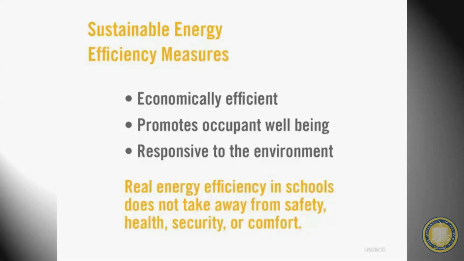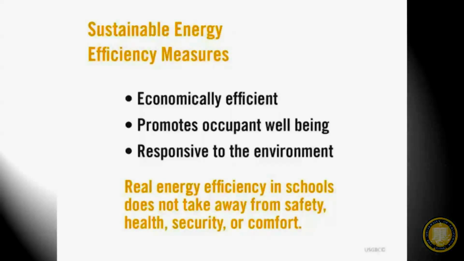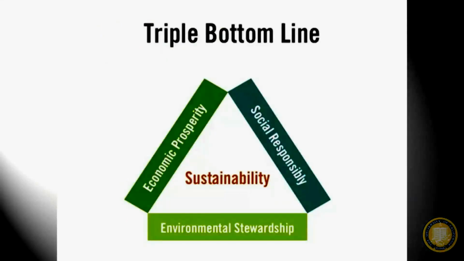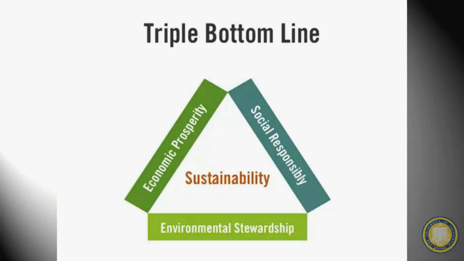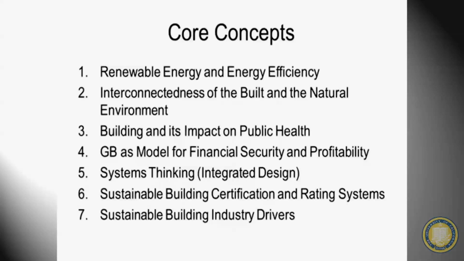So obviously green building, as you were mentioning, is not all about energy efficiency. We don't need to sacrifice comfort, safety, or health in order to have a green building. We can have an economically efficient building, one that promotes occupant well-being and is responsive to the environment. As with most things in this course, green buildings are a great example of a very robust triple bottom line. It's probably one of the best examples if you had to talk about something in the sustainability world that displays all 3 aspects of sustainability. We talked about some of the social ones, and we'll come back to those too.